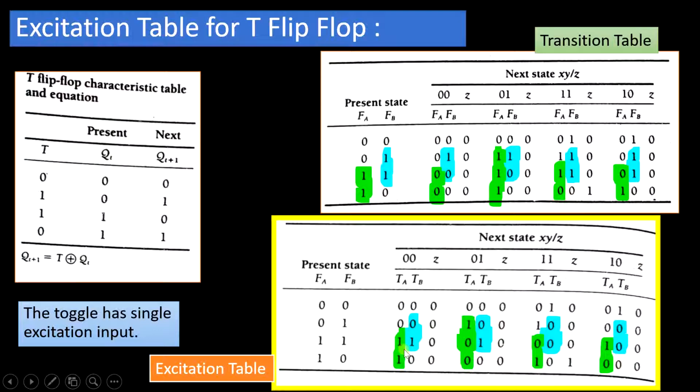Always remember, you have to make modifications to only that flip-flop which you are dealing with. Since a T flip-flop has a single input, you have to look into only one flip-flop at a time. So FA with FA here, so FA with TA here. Just compare the FA output of the next state with the TA output of the next state. Depending upon the value of FA, you need to make modifications to TA or TB.